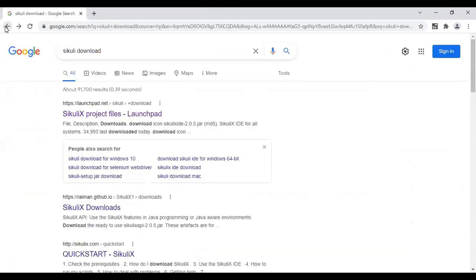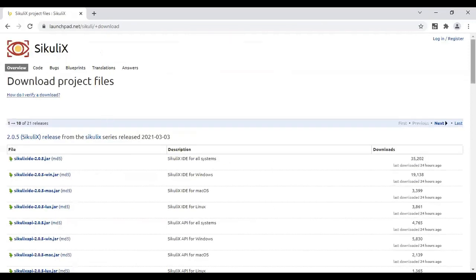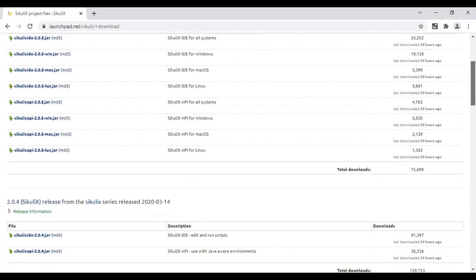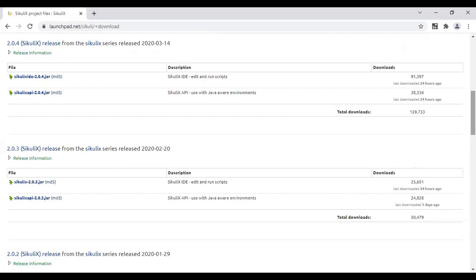This one, where is the site? Sikuli X setup file is there. Sikuli X IDE.